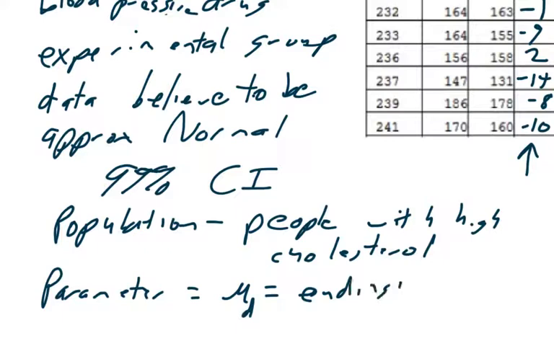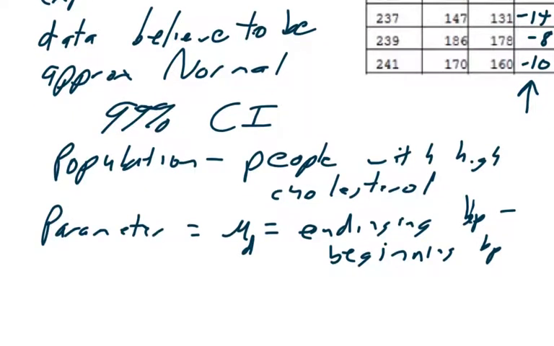ending BP minus, that's not a P, minus the beginning BP after taking the drug. Now there's another group who's probably taking the placebo, but we're not worried about them, we're just worried about these people. So the next thing we'd have to do is we have to